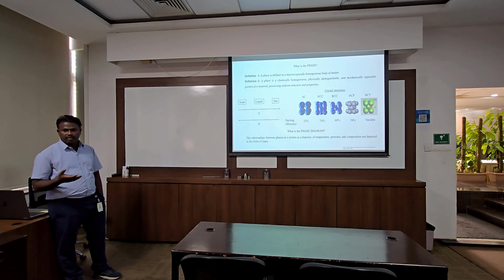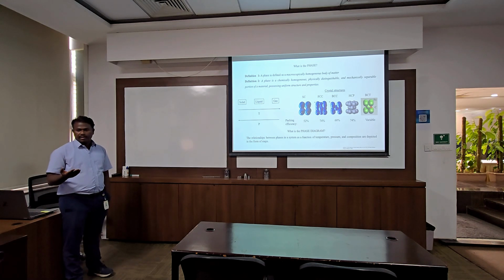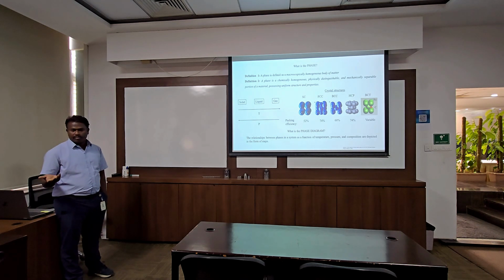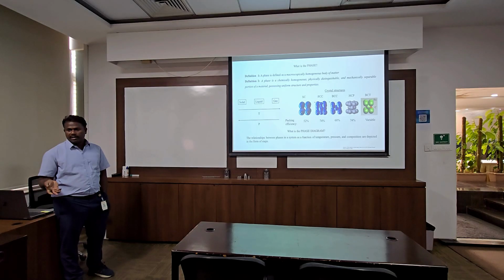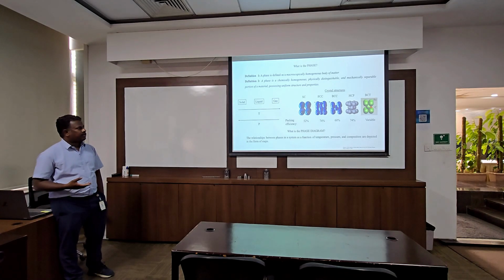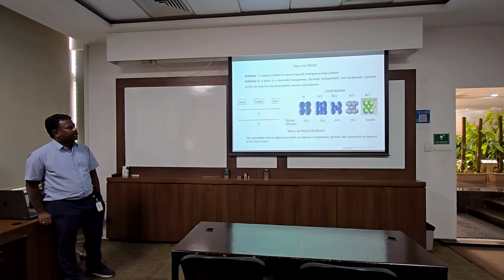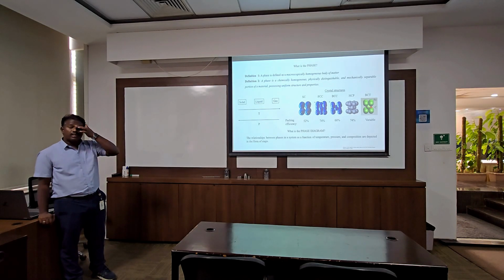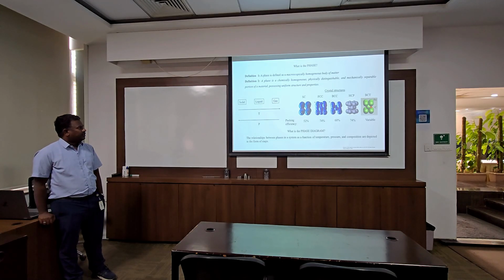Suppose I take two phases, I can distinguish them by looking at opaque color, magnetic properties, electrical properties, mechanical properties, whatever physical properties can be different for the two phases. Similarly, the two phases will have different mechanical properties. So it possesses uniform structure and properties. It is a vague definition, but unless we go into details, we will not be able to appreciate